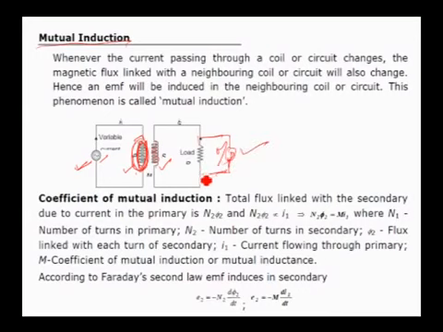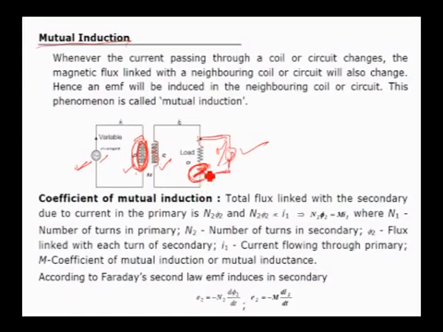Suppose instead of this I can use a galvanometer also. As and when the current through the primary coil changes, there is a change in the secondary coil which will induce current here. That current will be indicated by the deflections in the galvanometer. You can use a voltmeter to measure the EMF induced. You can use a galvanometer to know what is the current direction.